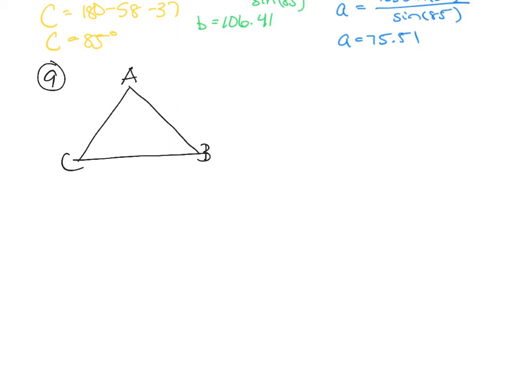It tells us that angle C is 53 degrees. Tells us that angle B is 44 degrees. And it tells us that side B over here, I forgot, that's not that side. I forgot to do the sides. Side length B is 7. So this is an example of angle, angle, side, meaning this will be